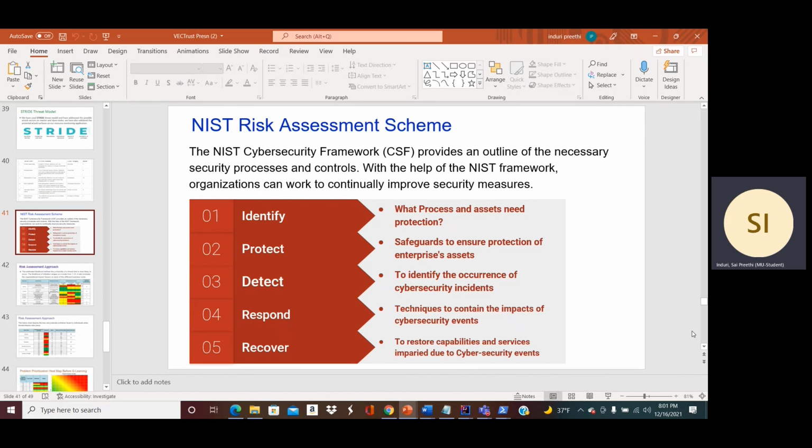In identification, it tries to identify what processes and assets need to be protected, and then it tries to ensure the protection of these assets, and then it tries to identify the occurrence of the cybersecurity incidents, and then it responds to the impacts of the cybersecurity events, and it finds out the techniques by which it can contain the impact of the events. Last but not the least, it restores the services that have been affected due to the cybersecurity event.